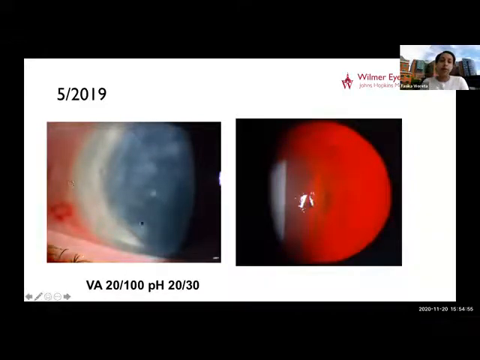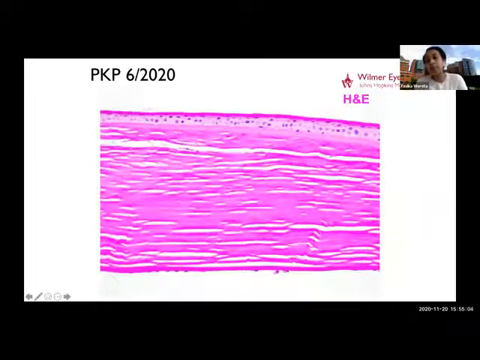So you can see again, active stromal keratitis, and you can see the keratic precipitates here, and the vision is declining. So, his outside ophthalmologist actually eventually did a full thickness penetrating keratoplasty for the patient, and so you can see here,